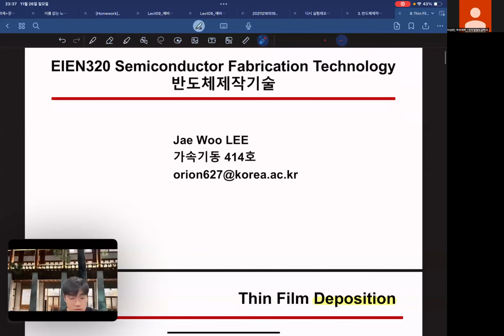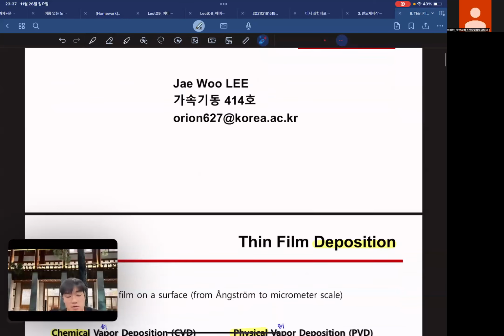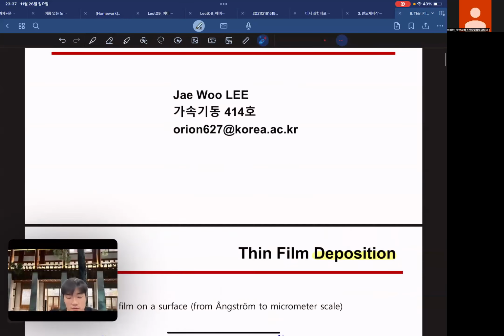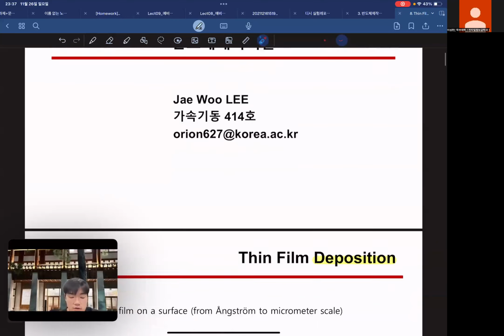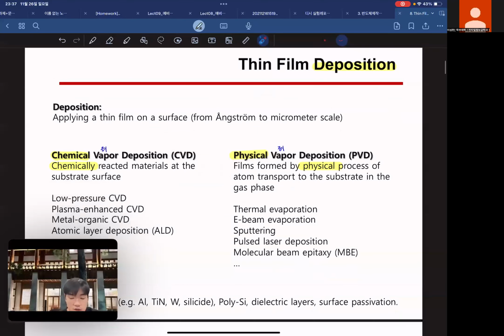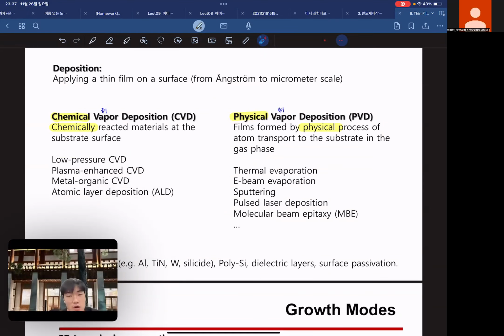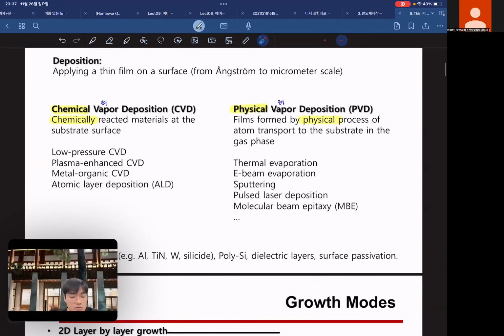Okay, today I'm going to summarize thin film deposition in fabrication technology. Deposition is depositing a thin film on the surface in semiconductors. So there are two types of